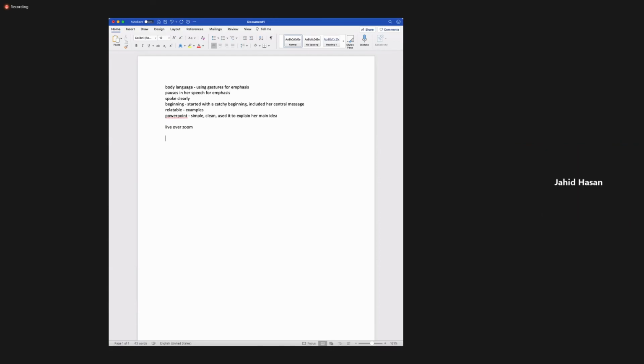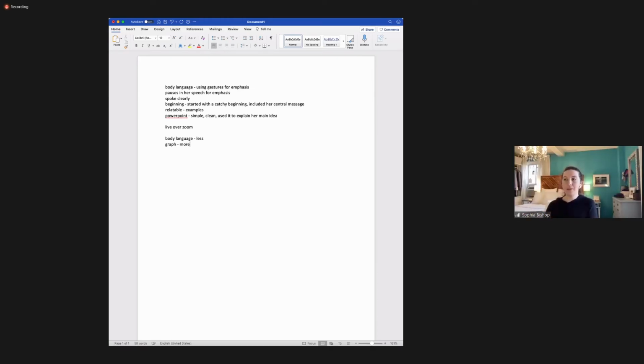I think body language will be slightly less relevant, but also I think it could be useful if we do have our cameras on, but also having some sort of graph or information visible on the screen, I think will be really helpful. Yeah, so one thing to think about when it comes to Zoom versus a face-to-face presentation,